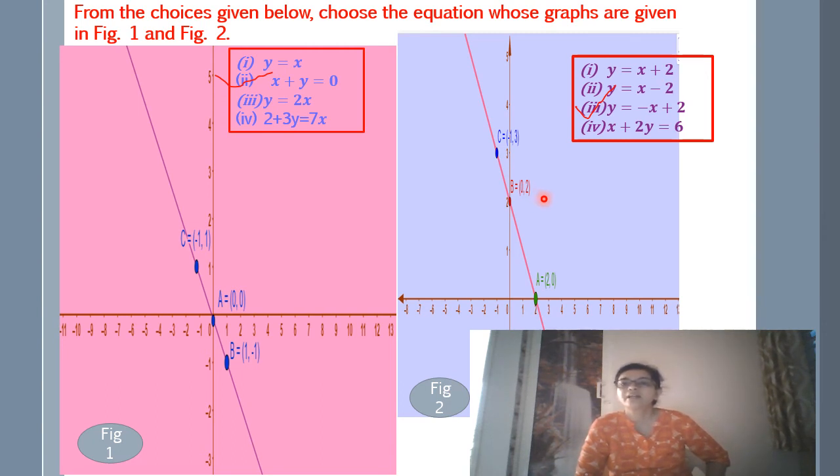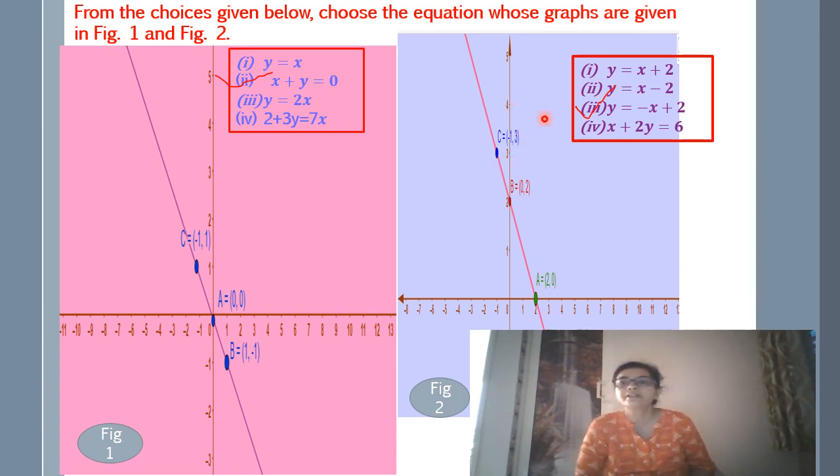Here you are getting y is equal to 2, but still I have not put a tick on it. Why? I told you not to work with just one point. You have to try the second point also. If you take just one point and make a decision, you are going to get into trouble, because one point is not enough. The first point B is working for equation 1, but equation 1 is not the solution, because when I try with point C, you see that it will not work.